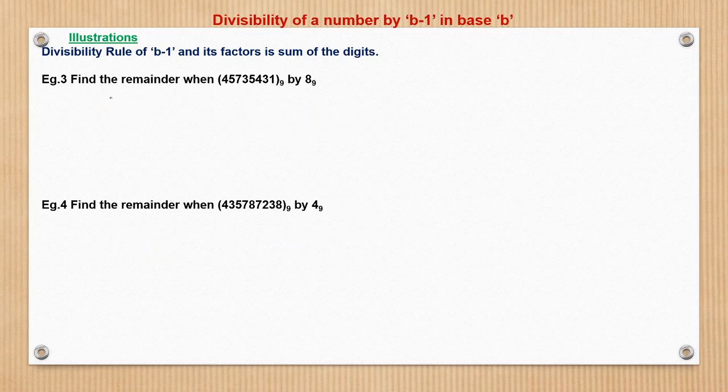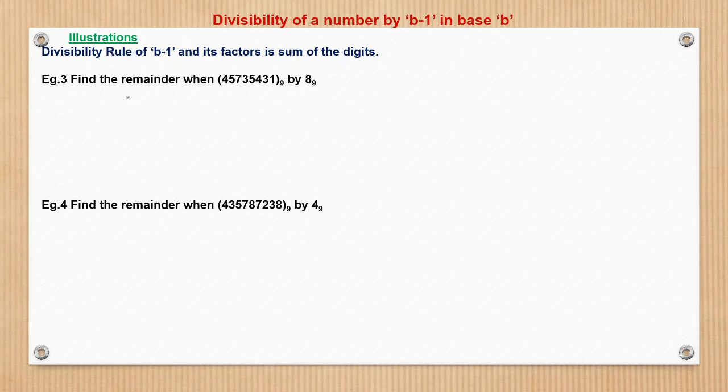Now we look at this example. These are all very simple, so we will go very quickly. We do not want to spend much time because we have already seen the basic concept in the remainders discussion. Today we are just applying a slightly different concept, the base system, to the remainder theorem.